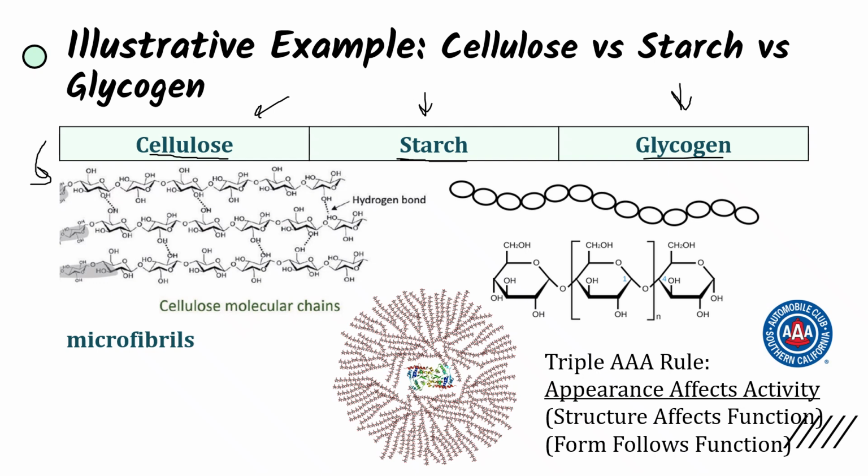It's going to be a very strong compound because we have hydrogen bonds attaching these rows of cellulose that are all covalently bonded. These are called microfibrils, and we have these molecular chains that are all in a very rigid structure. Because cellulose is made to support the structure of plants in the plant cell wall, it makes sense that it would be such a rigid and structural